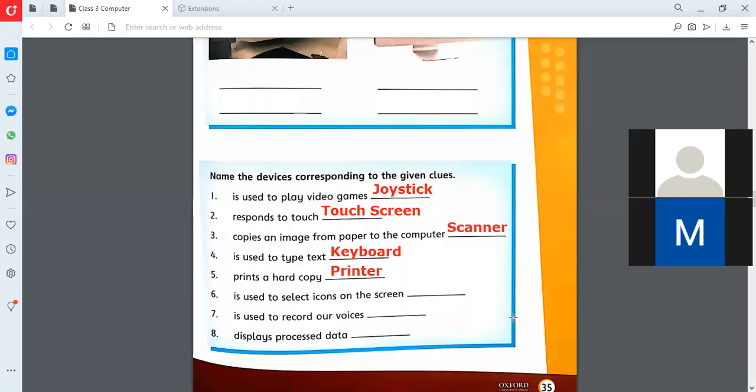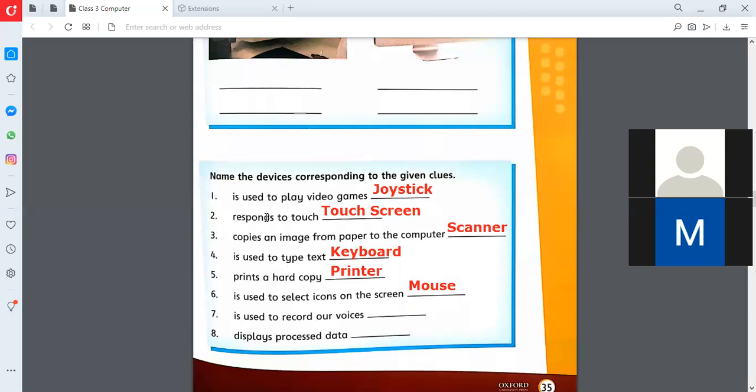I also took the names of those students who sent the correct answers. Very well done to all of you. It's mouse. We use the mouse to click on icons because in the computer, whatever we have to do, playing games, watching videos, playing YouTube, opening Google, opening Facebook, whatever we are doing, we can do with the help of the mouse in the computer. Okay.